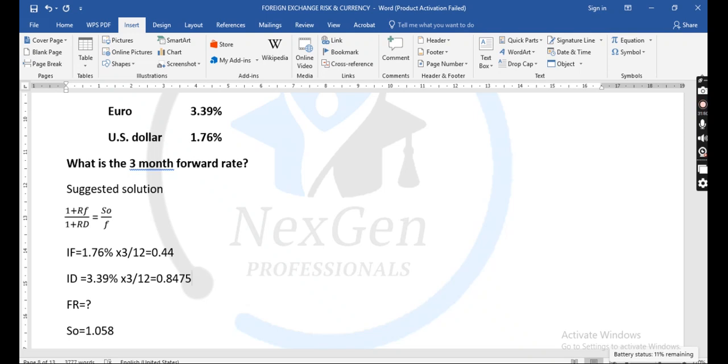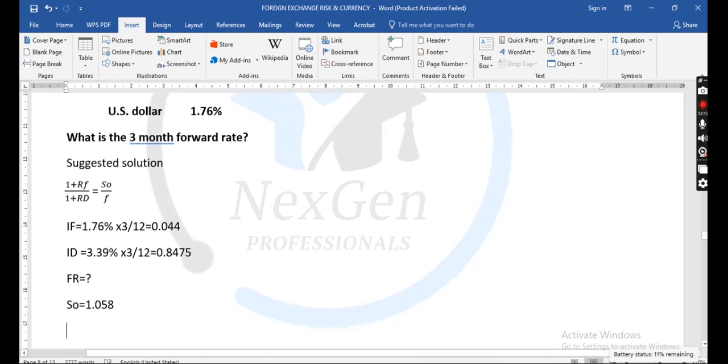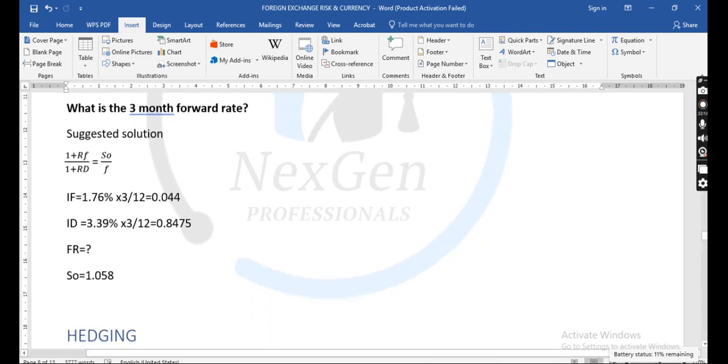Someone got 0.44. It's 0.0044, not 0.4. Yeah, it's still the same. How many zeros? Still three in total, the same thing. Okay. So we can have forward rate equals to